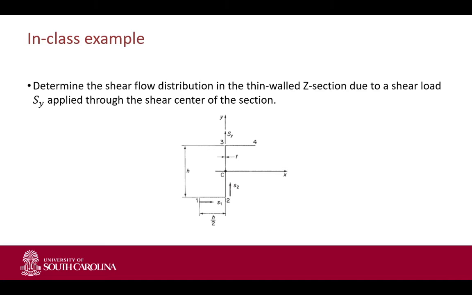We know this cross section is not symmetric, so we have to calculate all three components of the moment of inertia, IXX, IYY, and IXY. However, we are not given any shear forces in X, so we can reduce our equation a bit. So our shear flow equation becomes